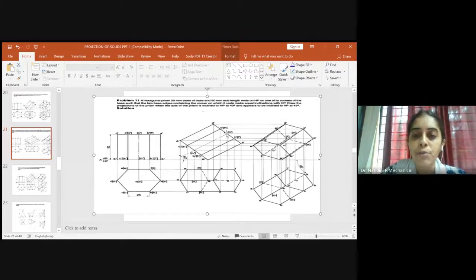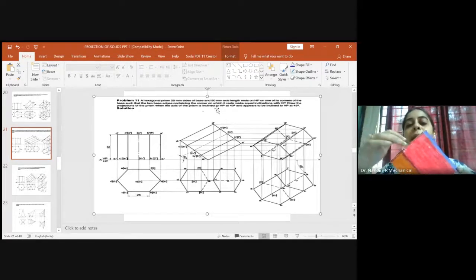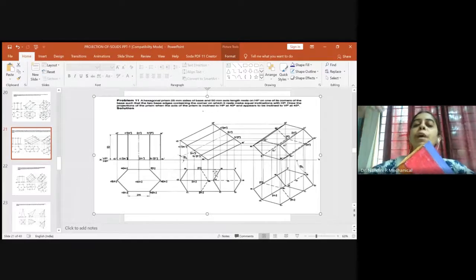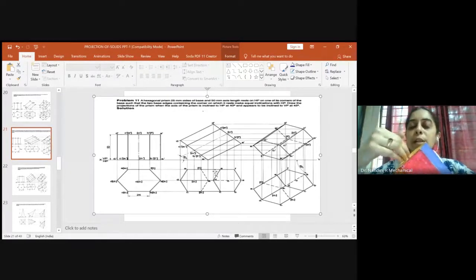For that you have to see the front view, in which the prism has been inclined to a particular angle. When it has been inclined and the observer views from here, the top surface will be visible. Suppose I show you the prism here, a hexagonal prism. When it is inclined and the observer is viewing from here, the top surface will be visible, and hence we can make the top surface a continuous and visible line. It will not be hidden in any case when you view from this end. The top surface is clear enough.